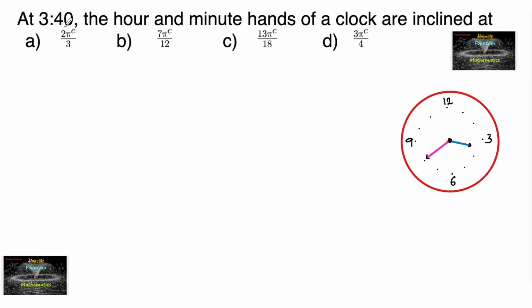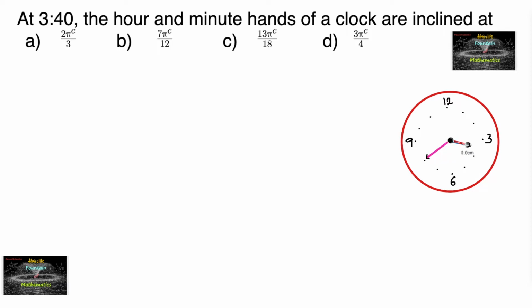At 3:40, the hour and minute hands of a clock are inclined at an angle. What is the angle between the hour hand and the minute hand, he was asking. So at 3:40, let us consider the clock here, and we know the angle traced by the hour hand,